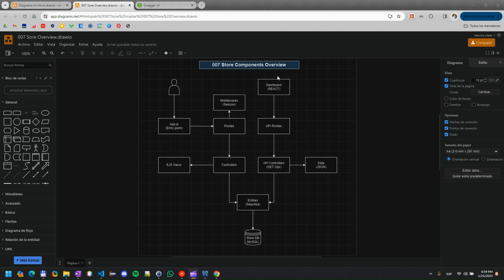So these are the main components. As I said, we have the dashboard here, and this dashboard is pulling information from a database, which is the one that we have here, MySQL database, that it's using Sequelize to map the entities in the database. So what we are doing is pulling that information through this API here, in which we have the routes, and